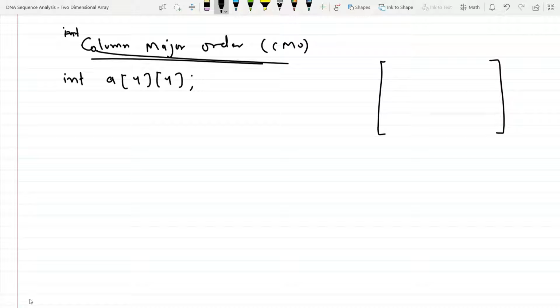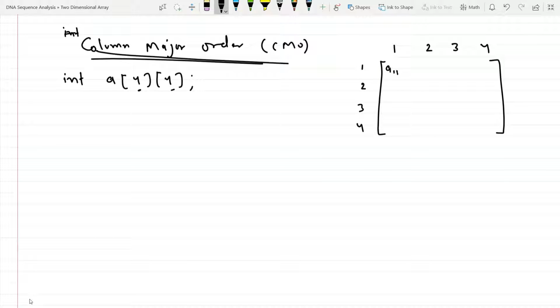We already discussed these things in previous classes. 1 2 3 4, similarly 1 2 3 4. So 4 rows and 4 columns. The first number represents the number of rows, and the second is the number of columns, the size of rows and columns.